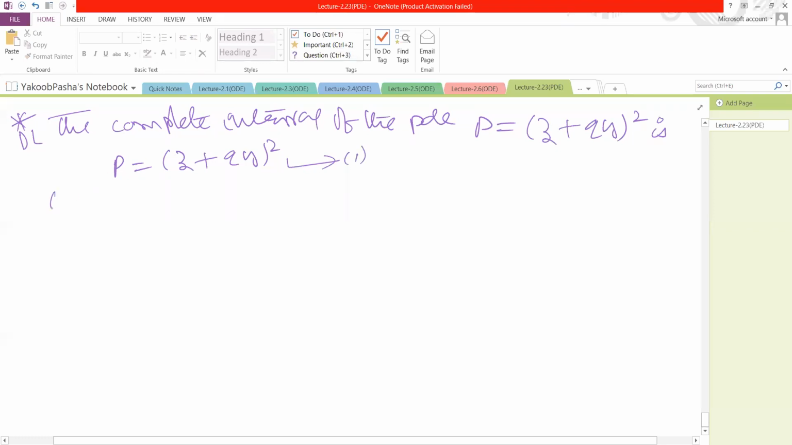I am taking f of x, y, z, p, q is equal to (z plus qy) whole square minus p. You may take p minus (z plus qy) whole square also, that gives the same answer. So Charpit's equations are